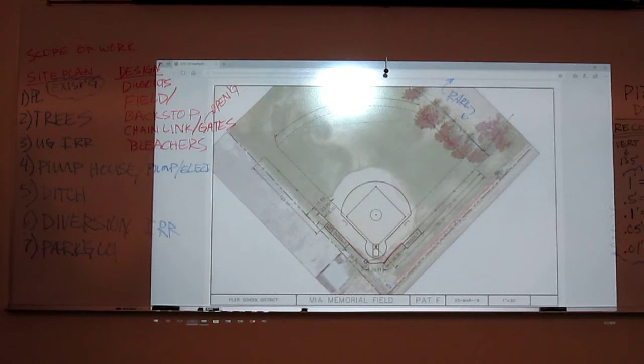Yes, Sean? What were the age groups you said are going to be using this field? Probably up through 14, but primarily it's going to be 12 and under. Okay. So what about foul balls hit off of the right side of the field that go into that